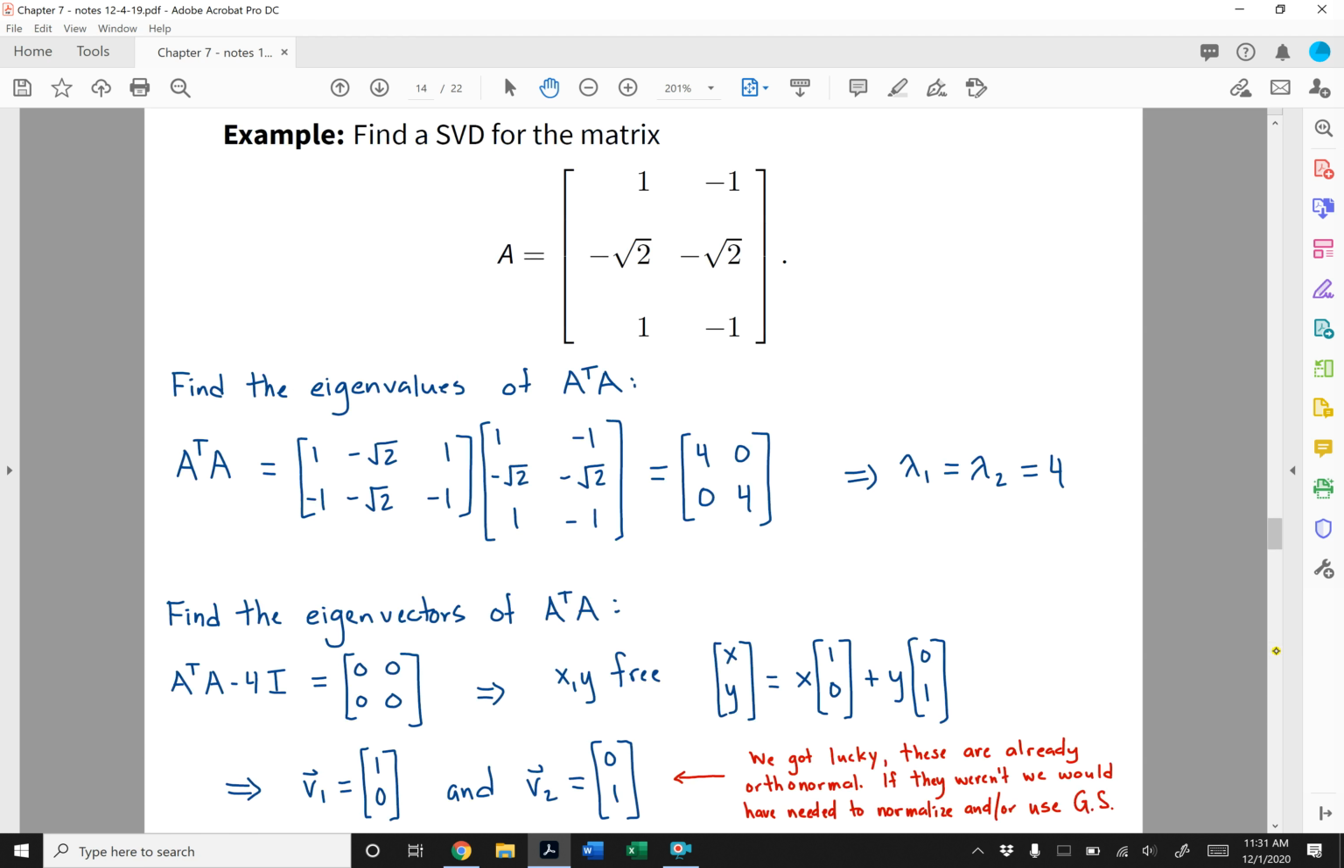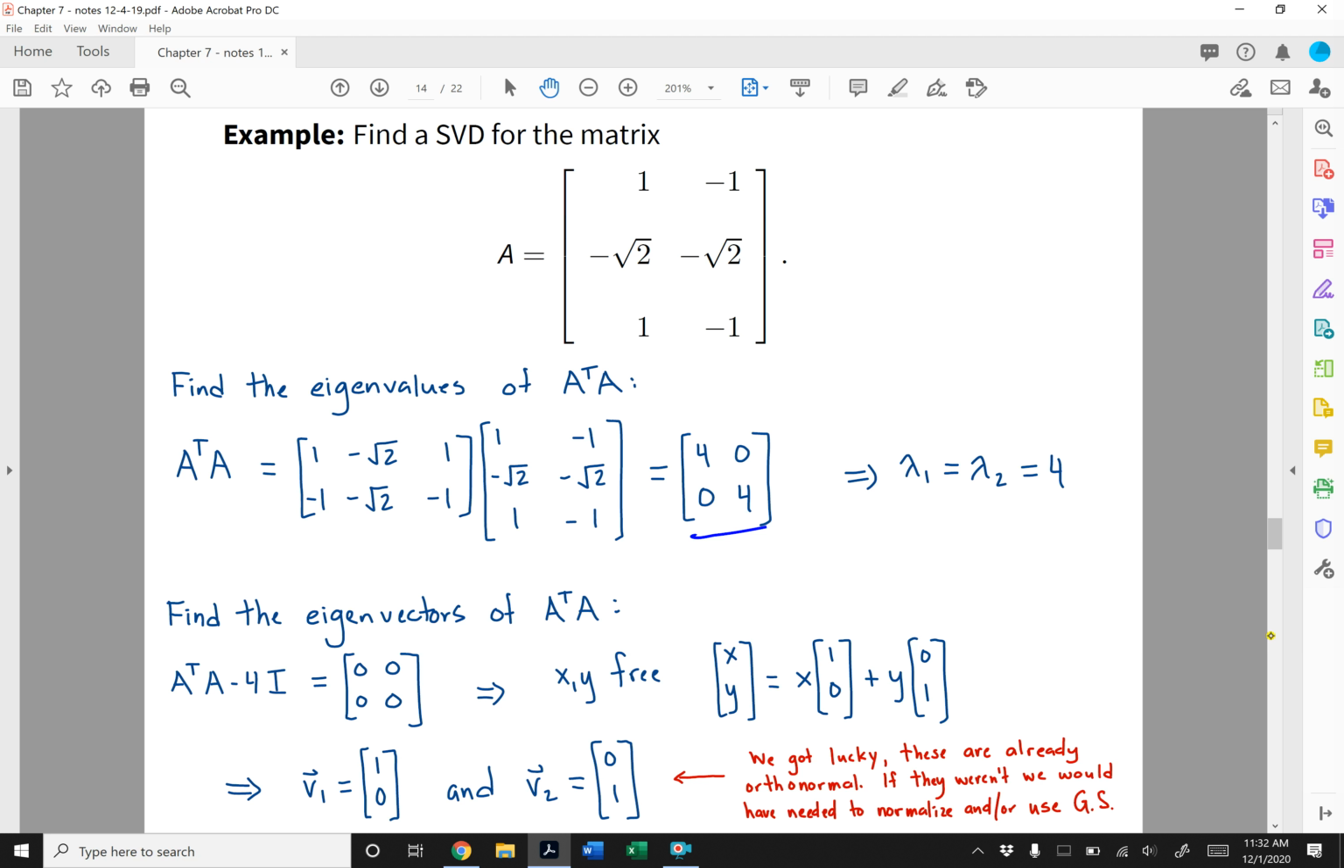So let's do another example. Here we have a 3 by 2. To start off, we create a symmetric matrix, A transpose A. We end up with this 2 by 2 matrix. This is nice. We see that the eigenvalues are both 4 because it's a diagonal matrix. Subtract off 4, both x1 and y1 are free, and so 1, 0, and 0, 1 are great basis